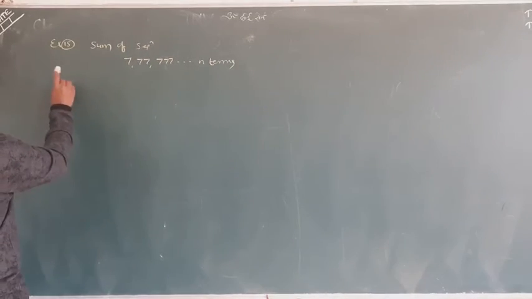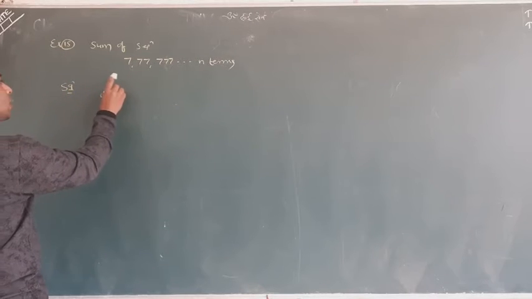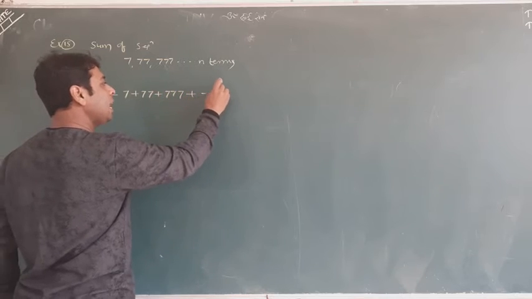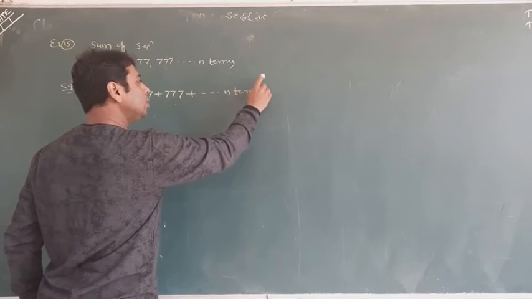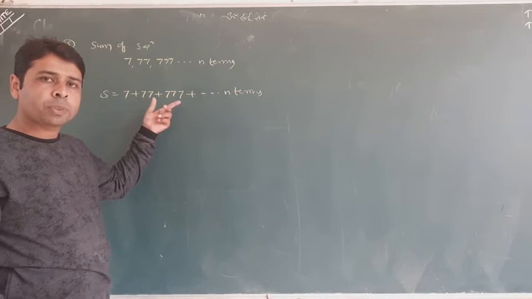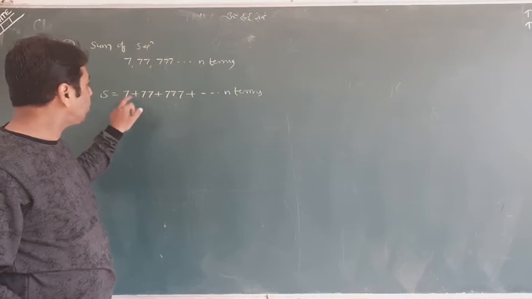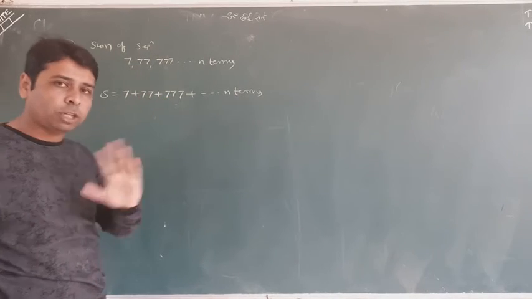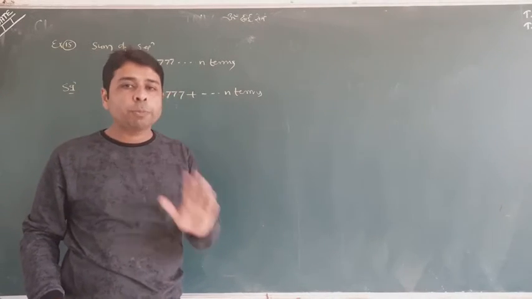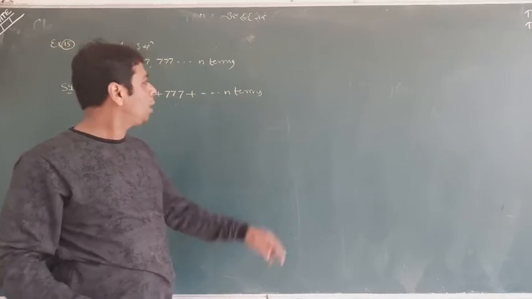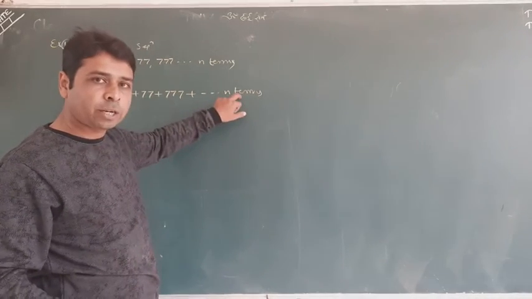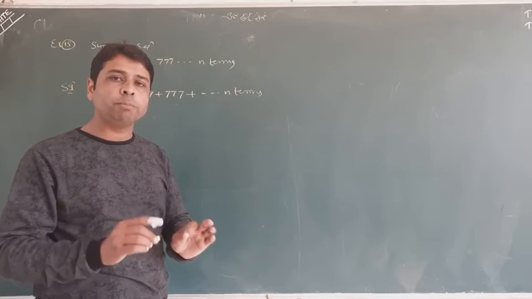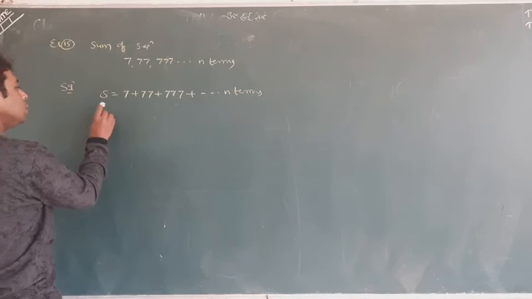The big question is, when we write the solution, S equals 7 plus 77 plus 777 till n terms, whether it is a GP. 77 upon 7 is 11, but 777 upon 77 is not 11. So it is completely not a GP, and we want to find the sum of the sequence till n terms. So how will we do it? It is one of the good questions that may come in the exam, so try to understand the method.